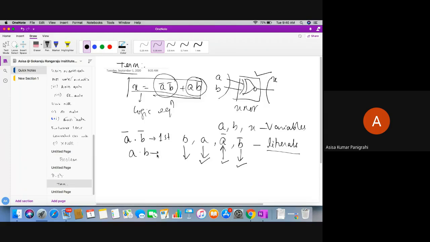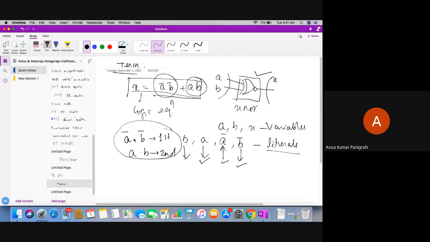A and B are the second term. Any doubt up to this, students? Very, very important concept. These are all basics I have just explained, because I am going to use them frequently now. So three things we have studied here: variable, literal, term, and what is a logic equation? A logic equation is the equation which is to be framed inside the logic circuit.